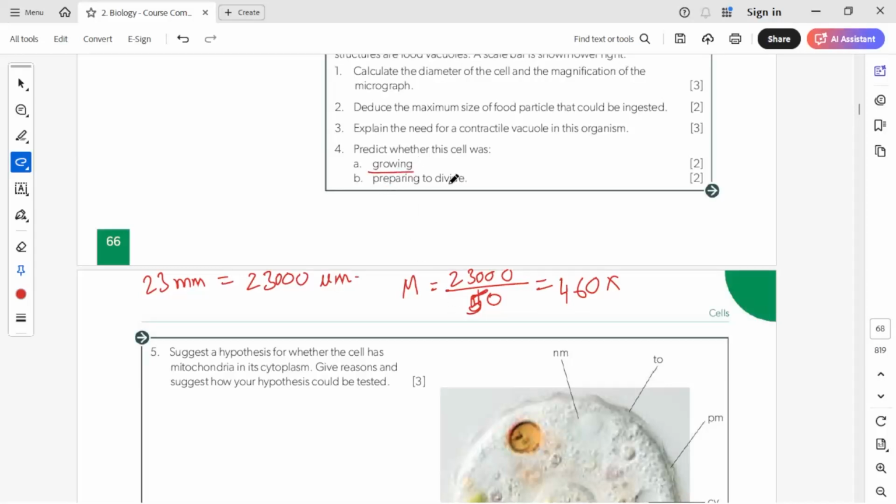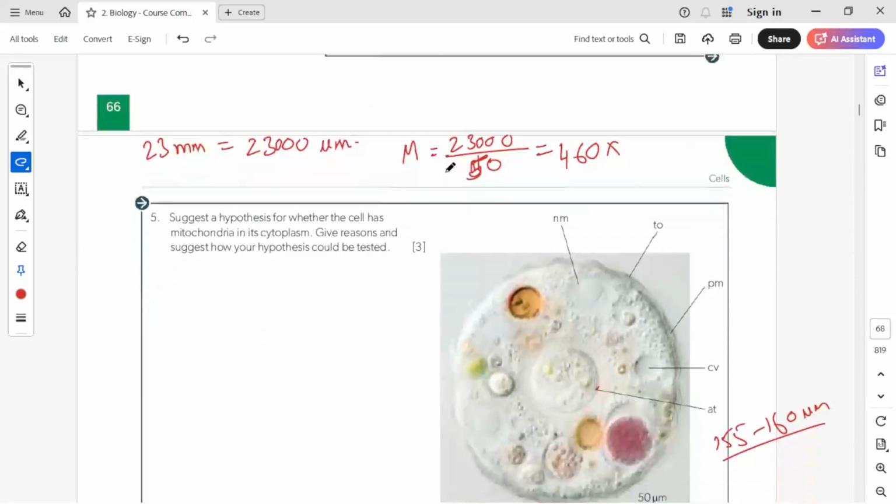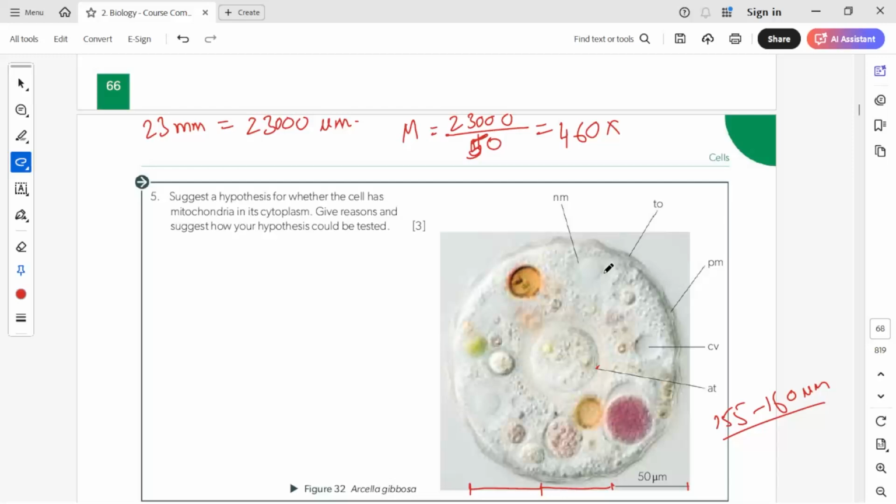And also we can say it is preparing to divide, because there are two nuclei that are visible, we can see here, right? Whenever there are two nuclei, one is this and one is this, that basically means the cell is ready to divide. It is ready for the cell division. Replication has already been completed, and after this the cell will actually divide. So I guess this is one nucleus and this is another nucleus. So here is one, another one is this one. Okay, so these are the two nuclei that can be seen here.